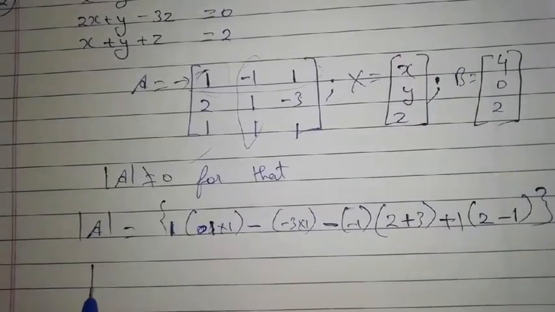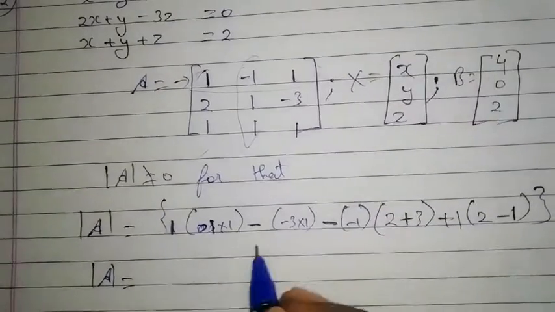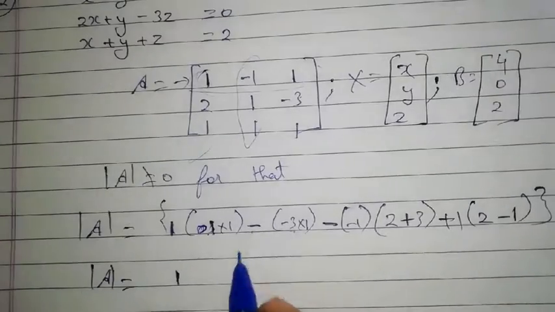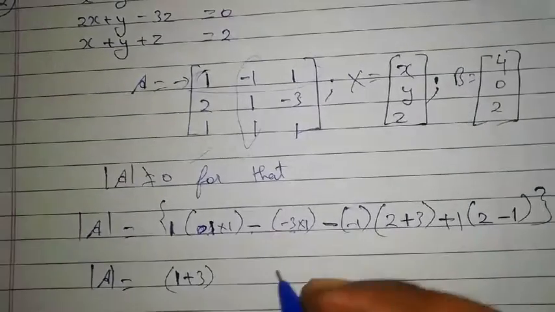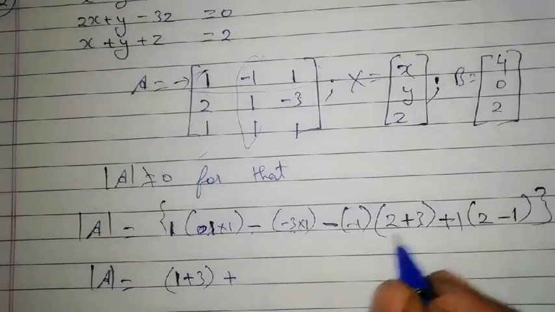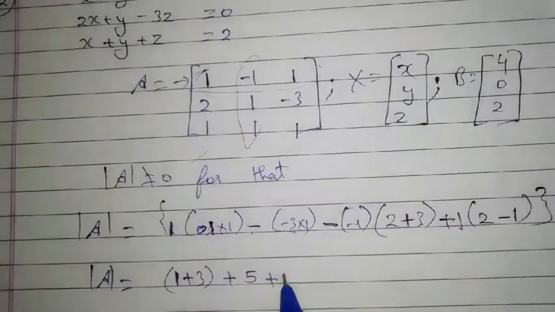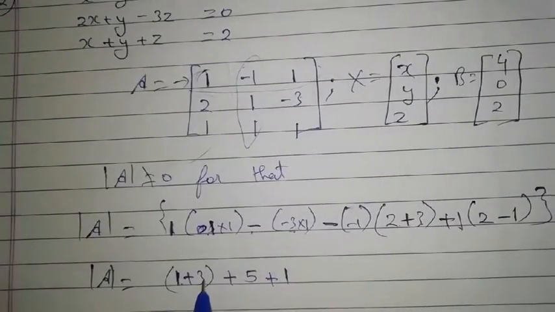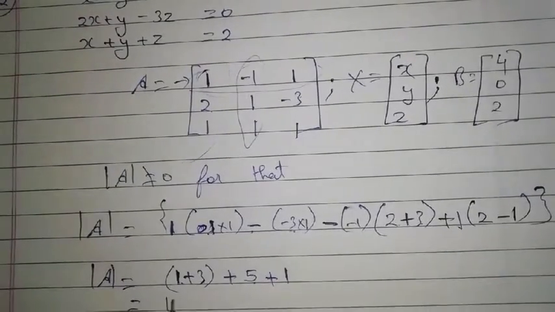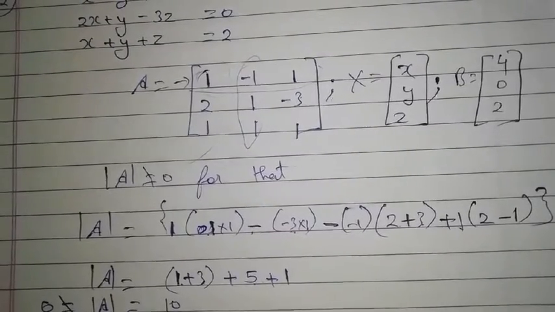Okay, so from here we have the value of the determinant as: this is multiplication by 1, so it doesn't matter here. 1 ones are 1, minus 3 into 1 will be minus 3, and this is minus, so 1 plus 3, so this is going to be 4. This is plus, so 1 gets multiplied to it, and this is 5, plus 1 multiplied by 2 minus 1, which is 1. So from here we have 4 plus 1, 5 plus 1, which means total 10. So the determinant of A is not equal to 0, but it is equal to 10.